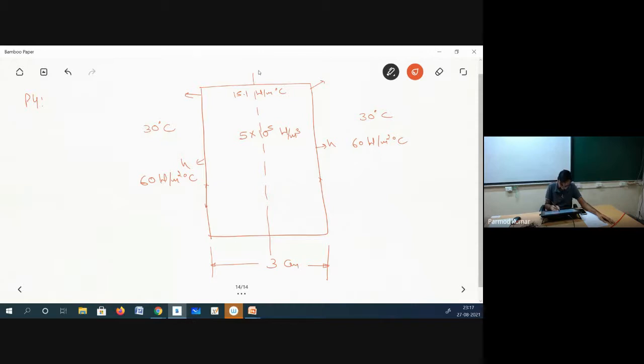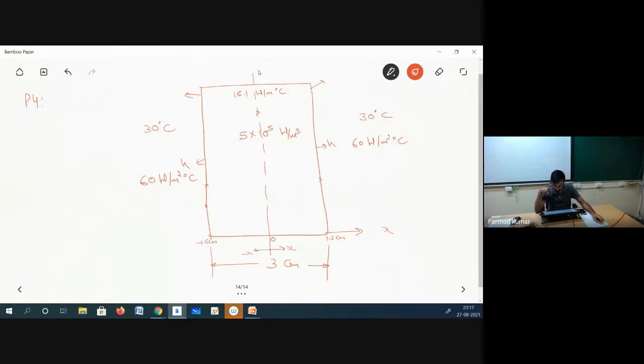Okay. Now we have to determine its value. So at the center, what is the temperature? At the sides, what is the temperature? And then based on that, we can draw the profile also. So now can you tell me how to approach the solution of this problem? Let me consider this direction to be x, and say x is varying from here. So this side we have minus x, here plus x. So if it is 0 at the center, my limits will be 1.5 centimeter and minus 1.5 centimeter.